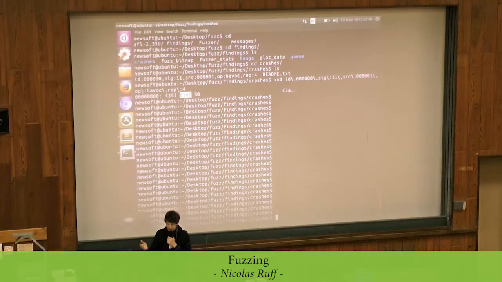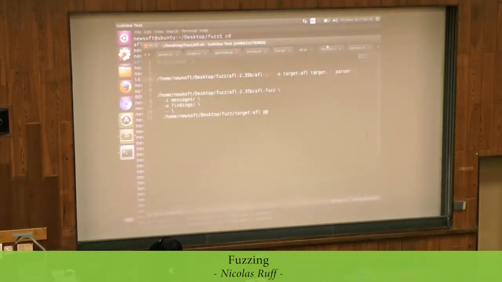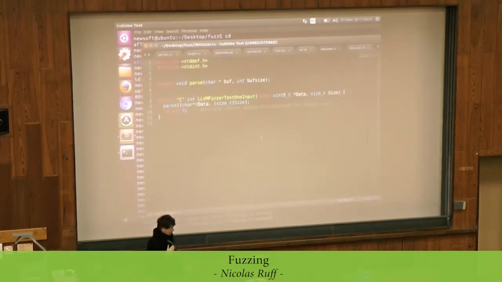But everybody knows about AFL, so I came here to talk to you about something new, and new is always better. So, do you know about libfuzzer? Oh, wow, awesome. So for all the others, there is a project from one of the LLVM core developers, and it's called libfuzzer, and basically it's integrated into the LLVM compiler. The only thing you have to do to use it is to write this kind of function. It's a predefined name, LLVMFuzzerTestOneInput, and LLVM will provide the data